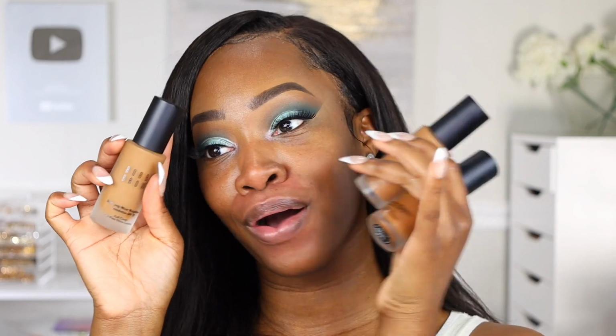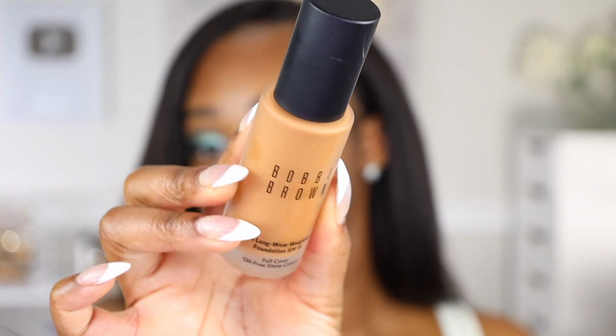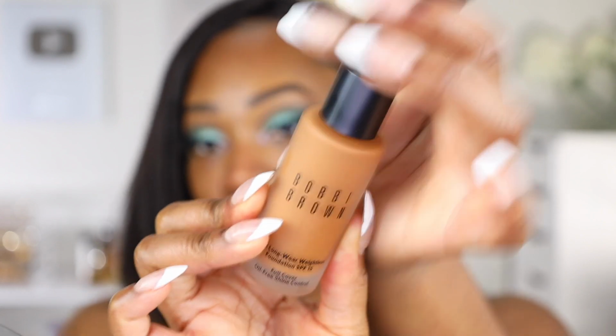Next, we do have some new foundations from Bobbi Brown, y'all. We are going to swatch them and figure out which one we want. This is their Skin Long Wear Weightless Foundation with SPF 15, full coverage, oil-free shine control. Now, one thing I love is the fact that all these foundations are starting to have this SPF in it,